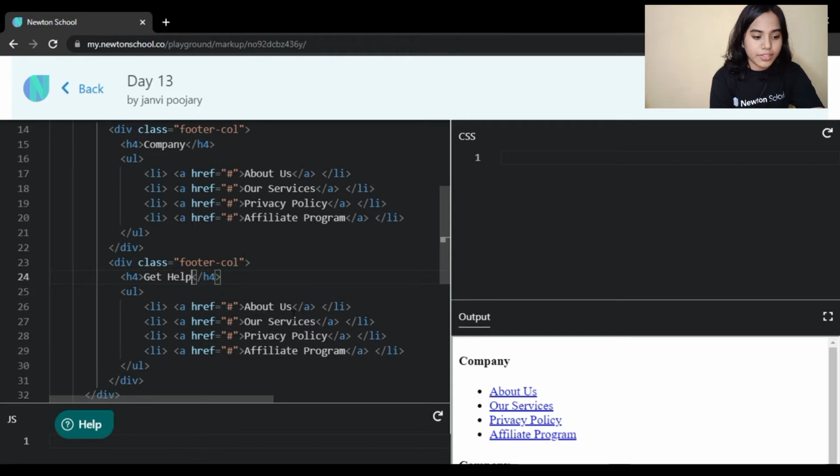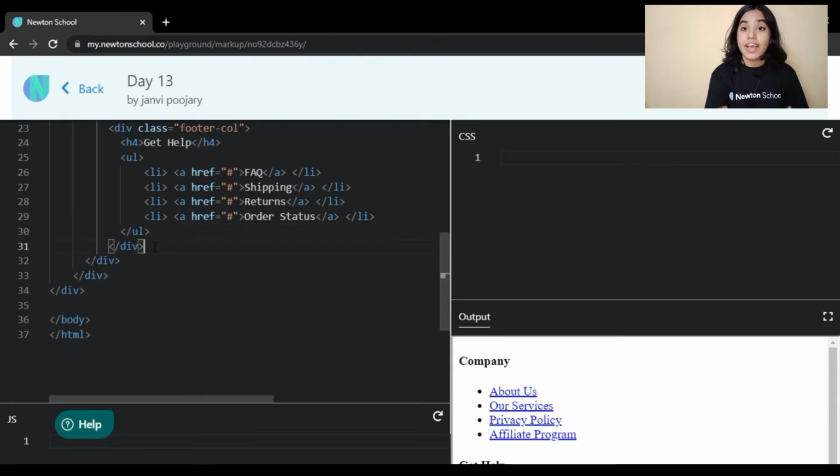In a website there is more than just navigation menus. In a bigger website you have FAQs, shipping, returns policy, order status, all of those things you must have in your footer section. So for that reason we are adding them here as well.